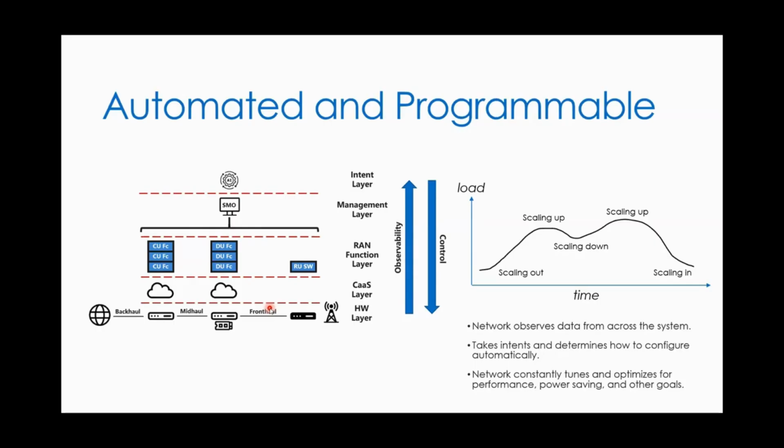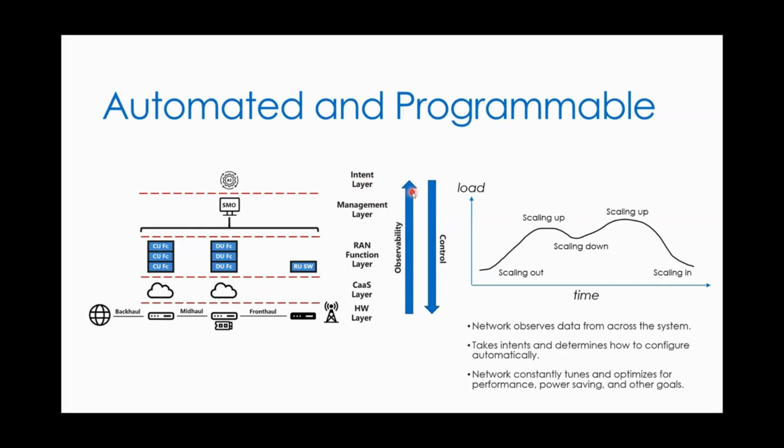to operate the network, where the telcos and the operators don't have to understand what every little parameter means and how to tune it and all that kind of stuff. We want to add an abstraction layer there that is going to handle that complexity for us. So again, it's moving to a much more automated model. And this idea of programmable is that I'm going to be able to give it instructions, and the network sort of carries that out. So there's sort of a loop that happens, that intent layer at the top is looking